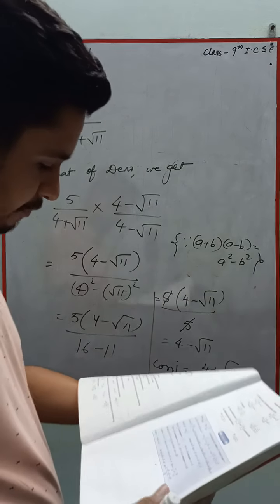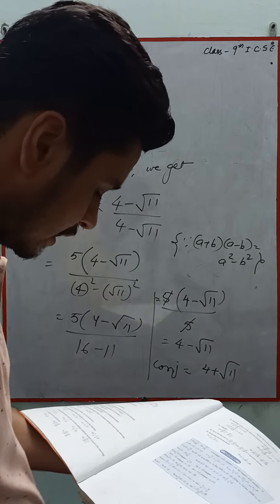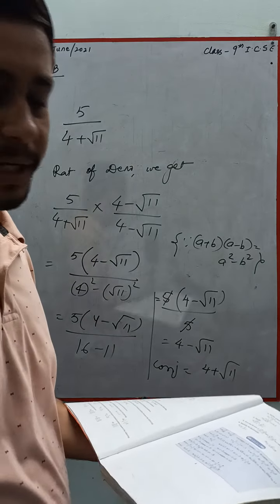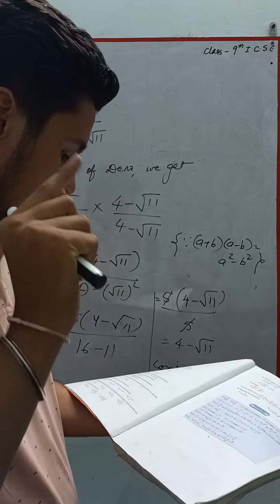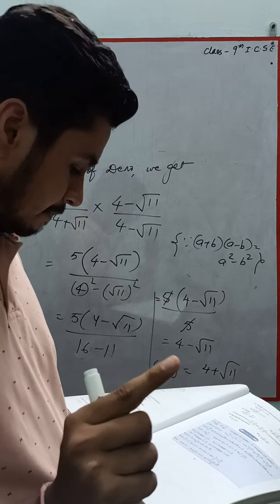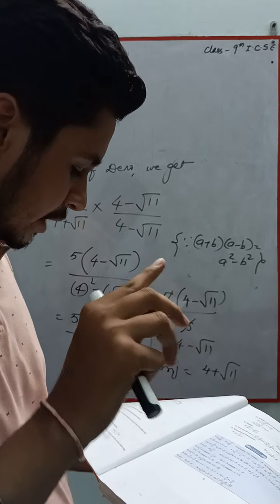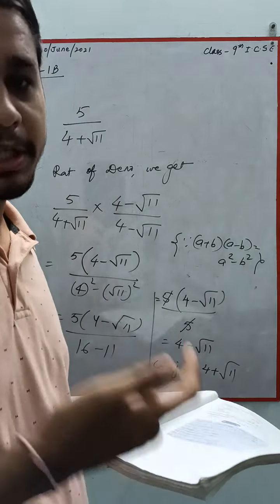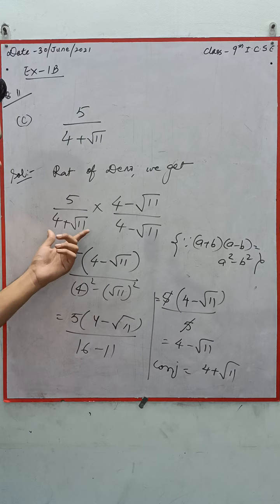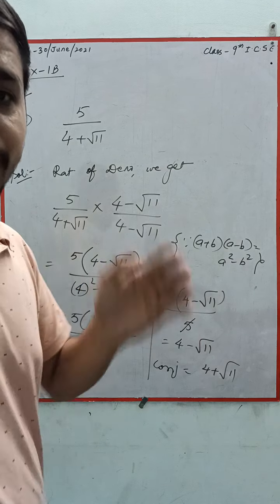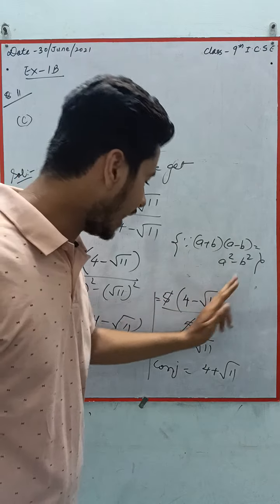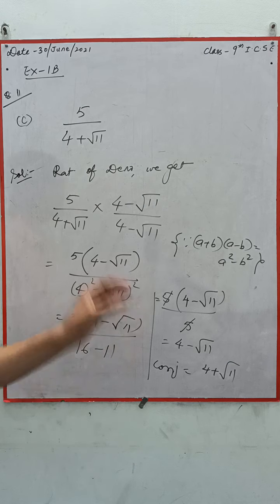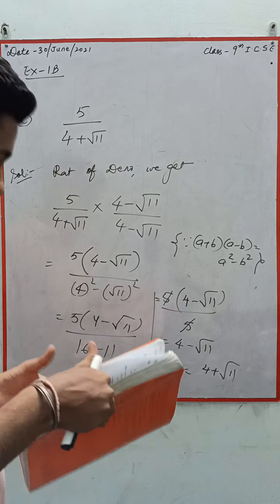Okay. So if you get any problem in D1, then you can ask. What you have to do, you are given with root 2 minus 1 upon root 2 plus 1. Rationalize the denominator, which means you need to rationalize by root 2 minus 1 upon root 2 minus 1. Okay. So finally in the numerator you will get root 2 minus 1 the whole square, and in the denominator you will have a plus b, a minus b identity. You always remember that in the denominator you always have to use this identity, a square minus b square identity. Okay, always remember this thing, it is always the fixed thing. Okay, so try to do.